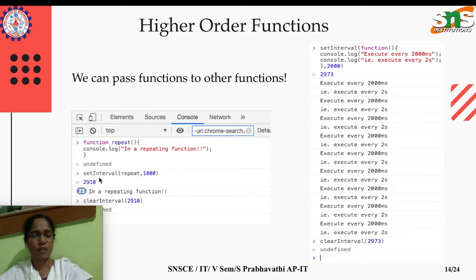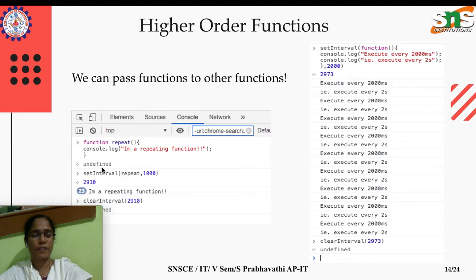See here, one built-in function, setInterval, we are calling this function every 1 second. This 1000 is in terms of milliseconds. So it keeps on calling it, and if we need to stop its execution, we depend on clearInterval, with the last id number.